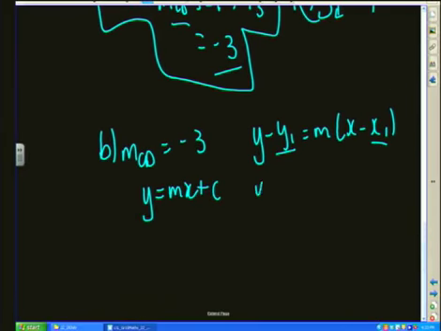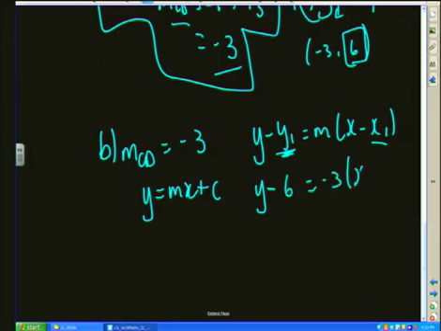So therefore, y minus, so minus 3 and 6, that was your coordinates. So it's going to be y minus y1, y1 being the y value of your coordinate that was given, is equal to m, which is your gradient, times x minus x1, which is the x value you were given. Again, use brackets so that you don't mix up your signs there. You get y minus 6